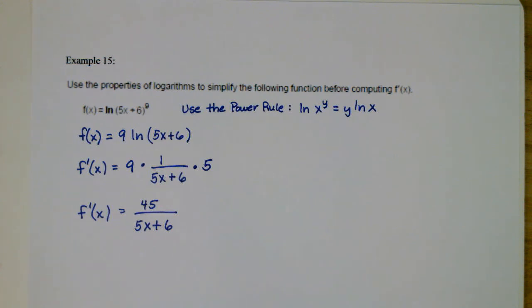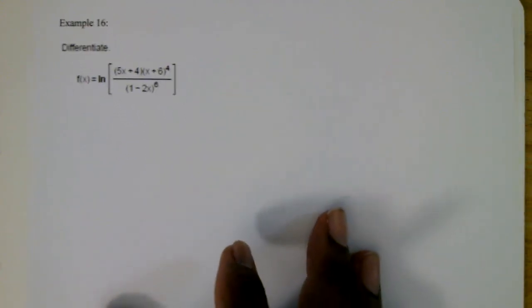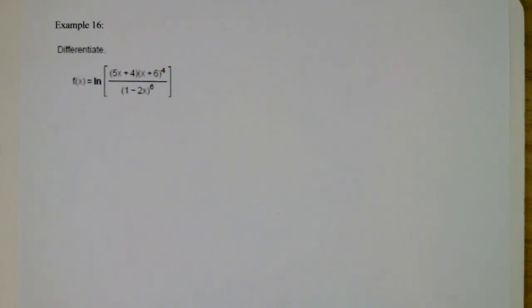Okay, and finally, example 16 is just differentiating. Now notice we got f of x is equal to ln of 5x plus 4 times the quantity x plus 6 raised to the 4th divided by 1 minus 2x. That quantity is to the 6th power. All right, it would be best to use those properties of logarithms before you even start to take its derivative. It's easier to do it that way because notice